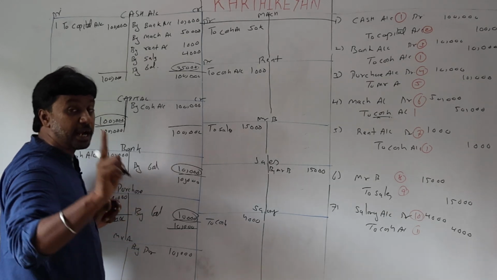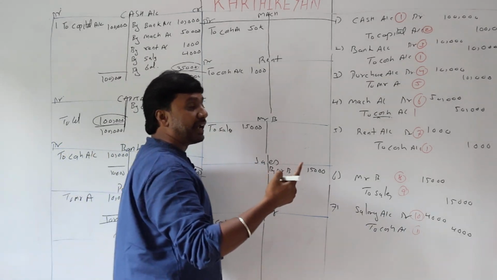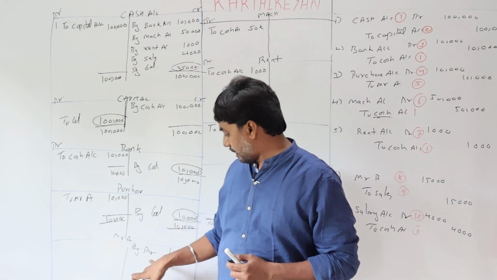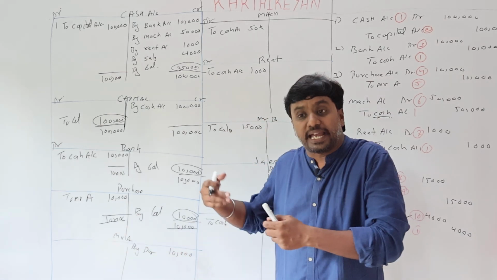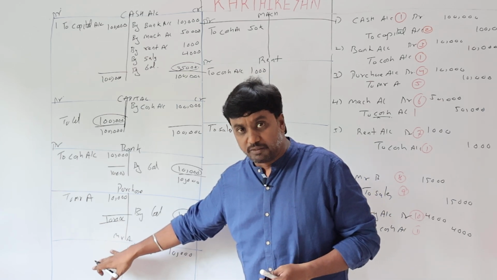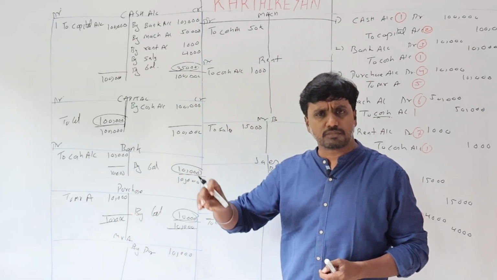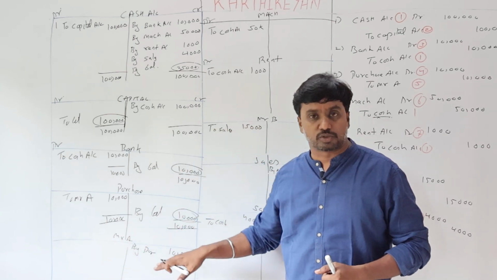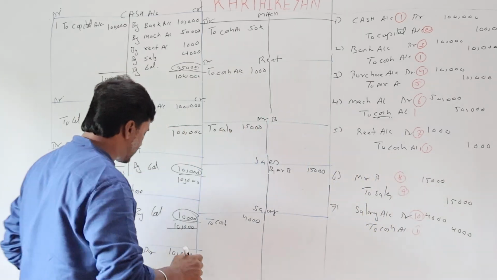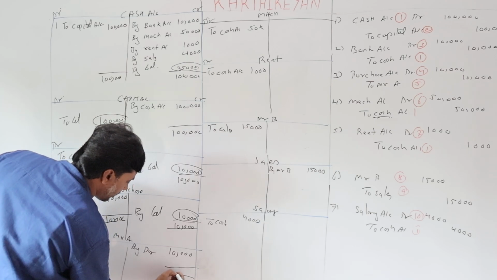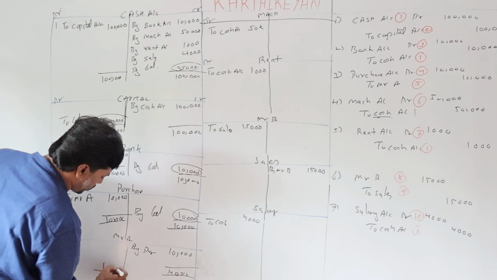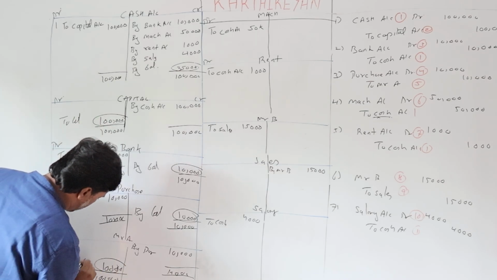Mr. A, I had purchased. Who is Mr. A? I am buying goods on credit. I have to pay to him. He is my liability. I have purchased goods of 10,000. If I pay him anything, it will be recorded on this side. For example, if you have paid him 2,000, Mr. A to cash, the amount will reduce. But you have not paid, so the amount remains as it is. 10. Now this is a boring job in which you have to find the balance, but it is very necessary